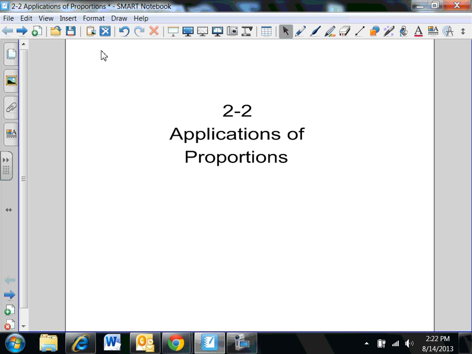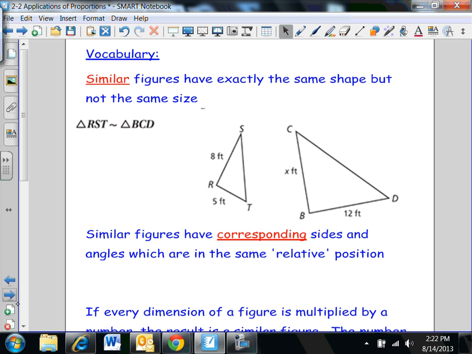So the lesson for today is lesson 2-2, applications of proportions. We've been doing proportions and now we're basically just going to apply those to different objects and situations in the real world. Your vocabulary, the words are in red as they come up, and the first word